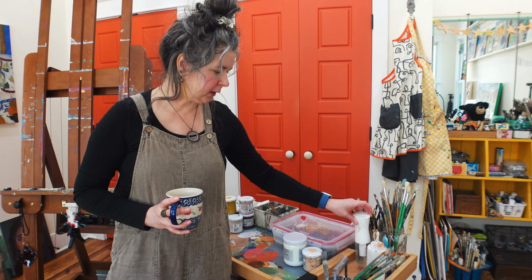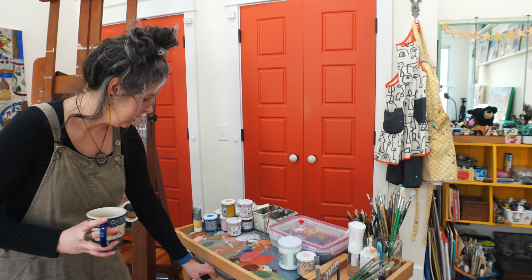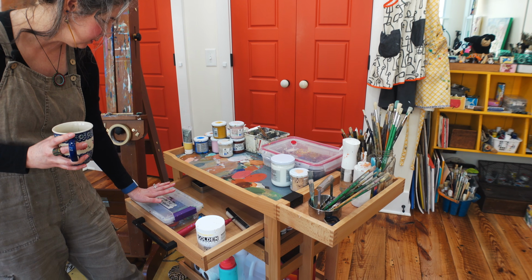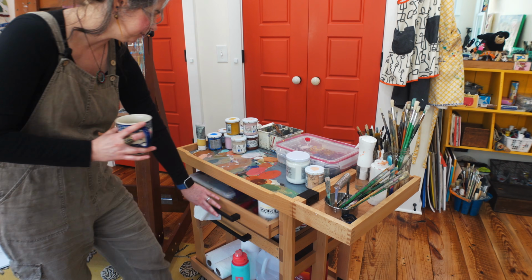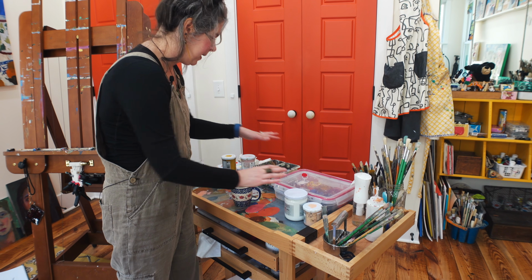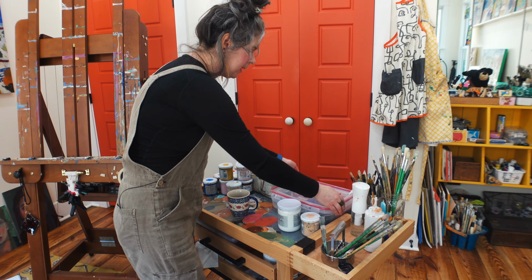I have just other various things that I use quite a bit here. And in my drawers, I have, you know, extra paint, another thing for my paint pots. Today I'm working on a painting that I'm using my flash paint, but usually I will just have my acrylic paints